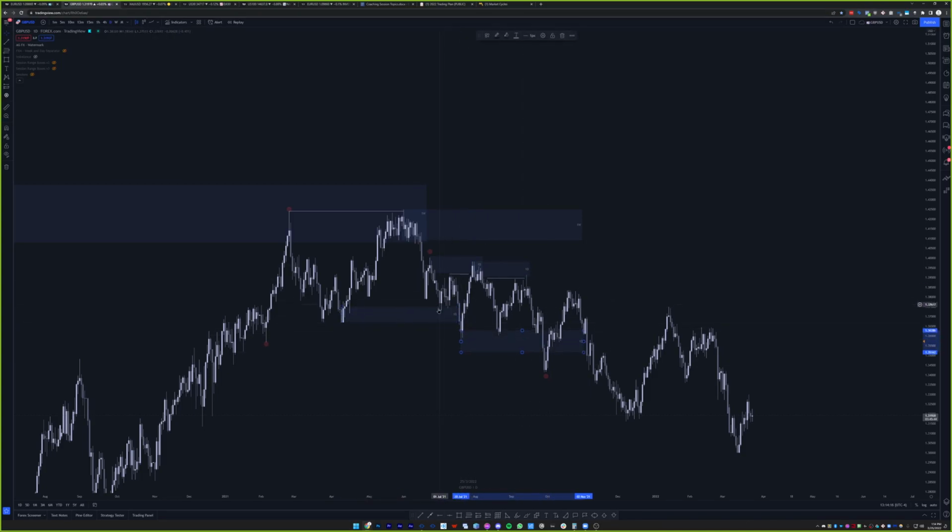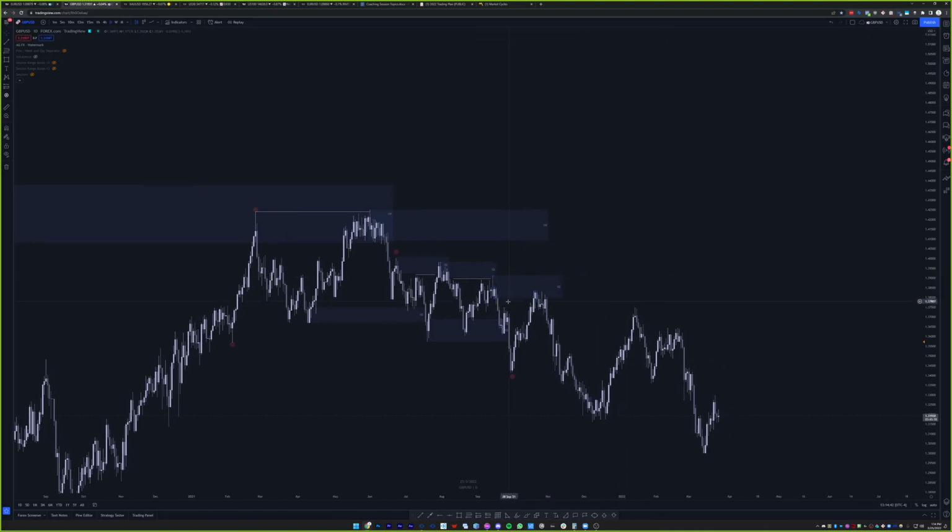In a way, that's our catalyst for pullback, right? We can consider it that. I don't think I have a CPB template, but you guys get the idea, right? Same with this. Sometimes our zones can get tapped into multiple times before they fail, right? They'll overlay with each other. And then exactly we have this, right? Tap into that. I'll cover the high on this one, right? We can be pretty liberal about what we consider a zone. So we got that. Again, another CPB, liquidity, break structure, demand failure, right?